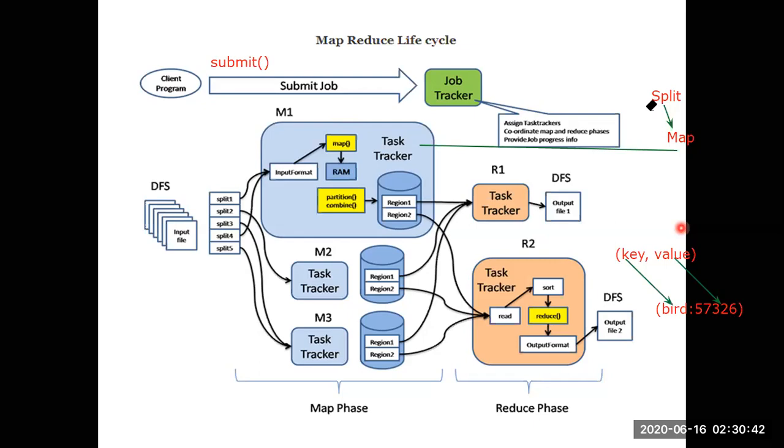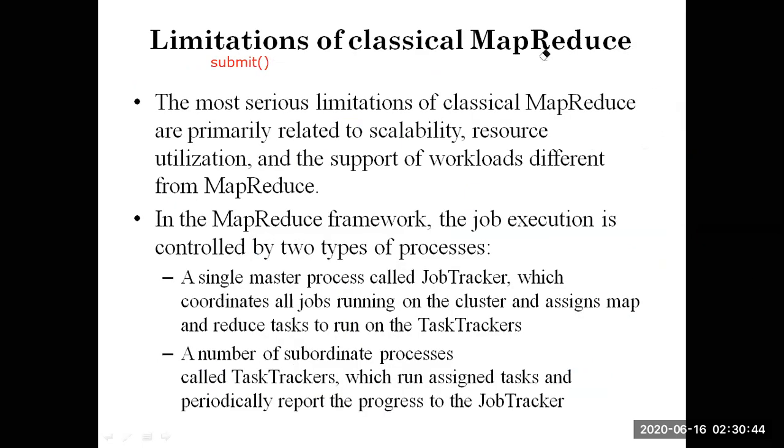And limitations with map reduce. The limitations of classical map reduce create the need for map reduce 2, that is map reduce with YARN. The one thing with the classical map reduce is that it can support only 4,000 nodes. When it is more than that, you can't scale up your application, or you can't use classic map reduce in your application to solve a problem. It lacks in supporting scalability.